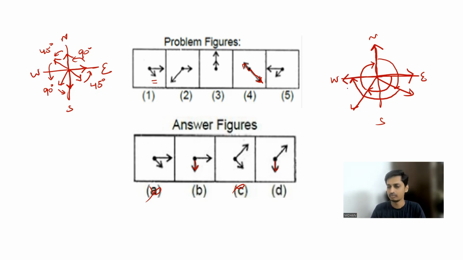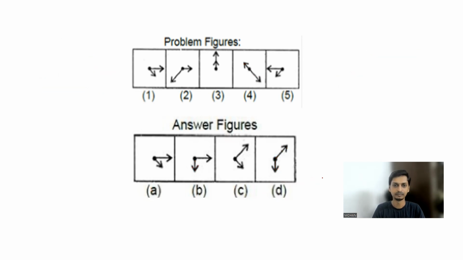Now, where will this bigger needle point after making another 135-degree movement, right? So it's 90-degree, then another 45-degree. So totally it is 135-degree. It has to point between north and east, right? So you can see that in option D. So the small needle has to point south and the bigger needle has to point northeast. So that is available in option D. So this is our answer. It's so simple, right? Okay, now moving to question number 3.